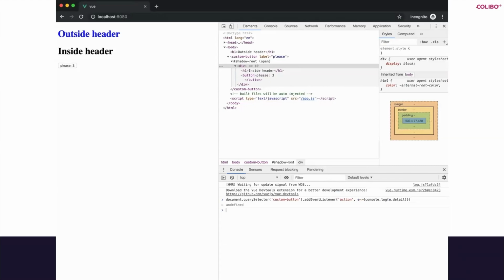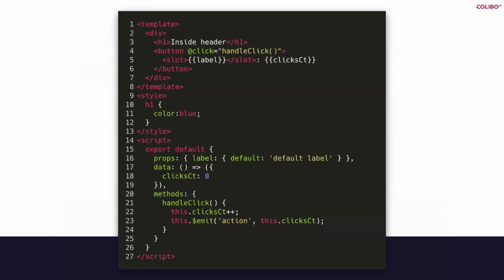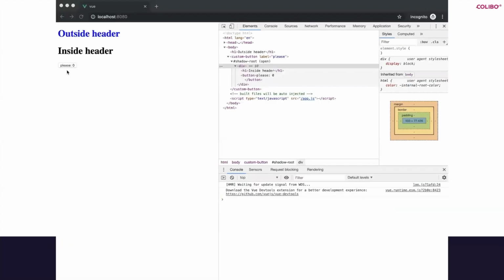With the coloring, you see that the inside one is just blue, and that's because whenever you put something, let me just see if I can go back here. Whenever you put something inside of your style tag in your single file Vue file, it's actually going to use Vue's own style encapsulation, just like Angular normally does, and do some magic attributes on the elements and select based on those. And since those don't really live outside of the shadow DOM, and this styling actually doesn't live inside of the shadow DOM, none of it applies to each other. So that's a little bit sad.